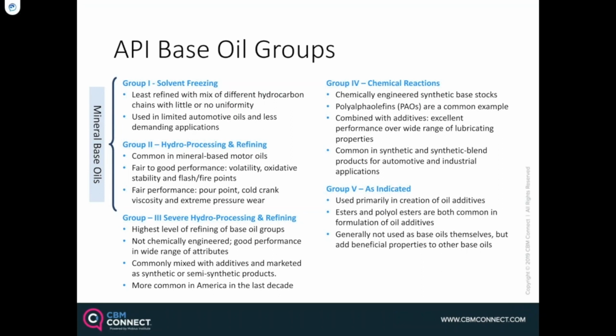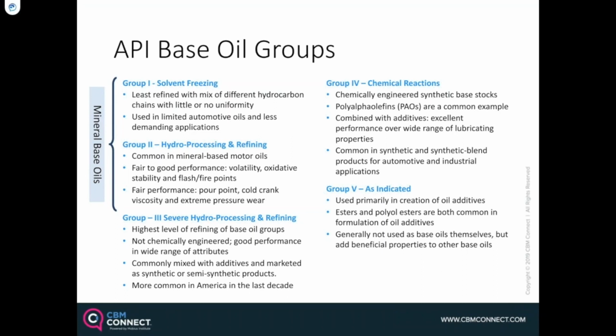Group 3, as we talked about, is very highly refined. It is the highest level of any mineral oil in the refining process. It goes through more than any of the other ones. It's not a chemically engineered product like a synthetic, but it is so highly refined. Look at this third bullet. It's so highly refined that it is frequently marketed as a synthetic or as a semi-synthetic, and that's not